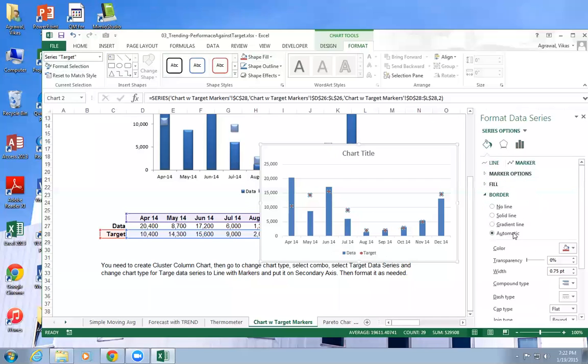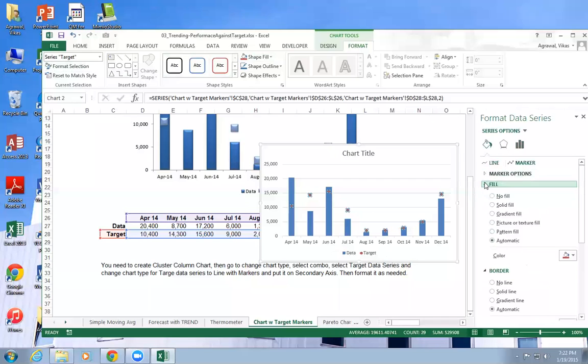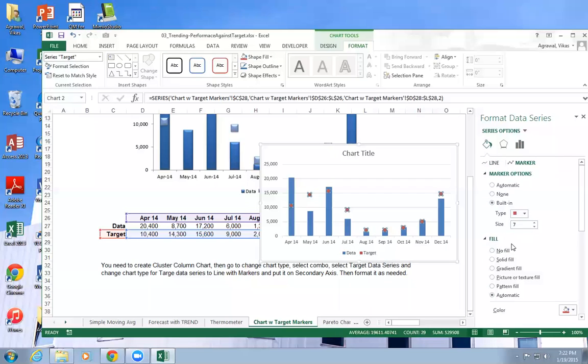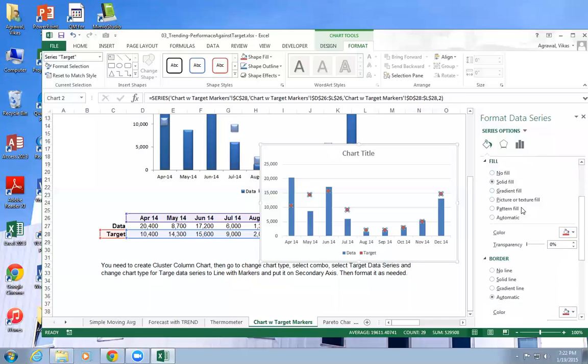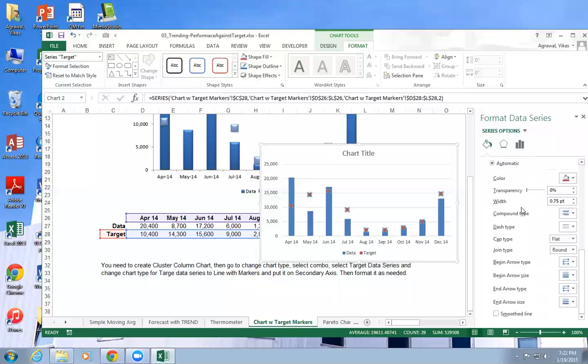So you can say marker, I want a particular fill, marker option built in. Let's say I want to use squares. You can make it a little bigger here if you want, right? And then you can select a particular fill, whatever fill you want. And then basically you're done, right? And then you can add all the bells and whistles.